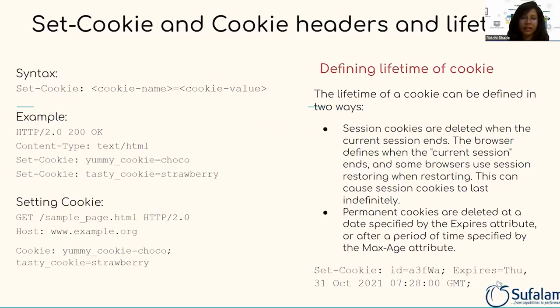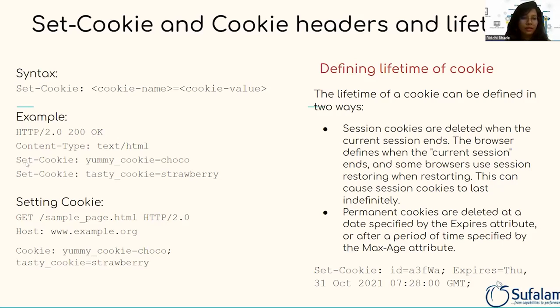So let's see in technical terms how cookies are set and how they are sent in later requests. This is the general syntax of the cookie. Whenever the server sends a cookie with a response, in a Set-Cookie attribute in an HTTP header, you will see this kind of syntax: Set-Cookie, and under that the cookie name, or say cookie key, equal to the value of the cookie. For example, here is the HTTP